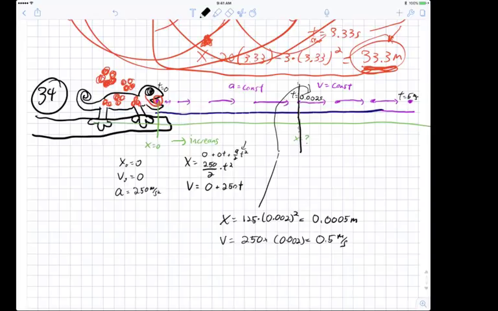So delta x is equal to v delta t. It's 110, not 100, is equal to 22 times delta t, and delta t is equal to